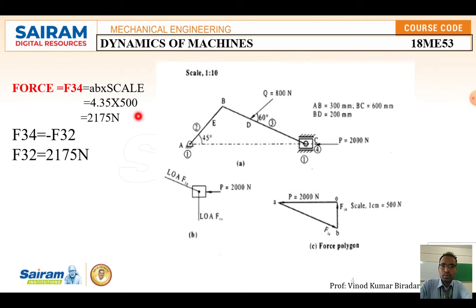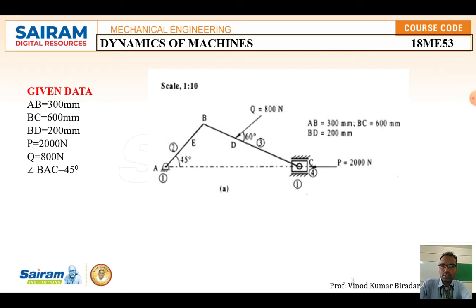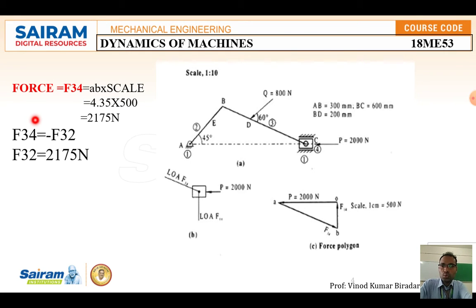We know the principle of superposition: F34 is equal to what? F32 value. F43 is nothing but F34, and F43 is equal to what? This F32. This negative sign indicates what? The opposite forces are acting in the opposite direction. I already told this in the introduction class, how I am going to take it, that is the principle of superposition and D'Alembert's principle. Those PPT you have to see once again.